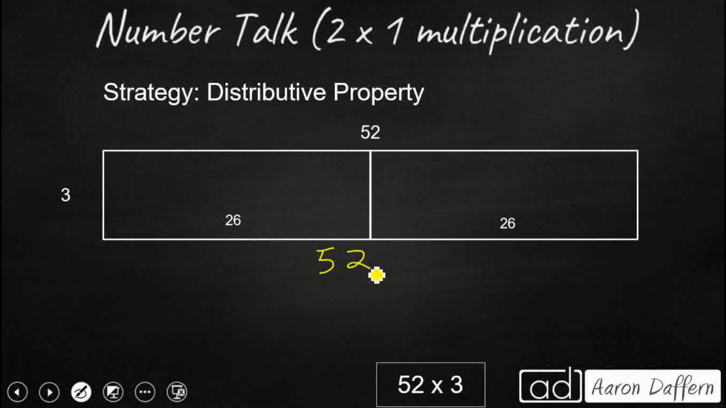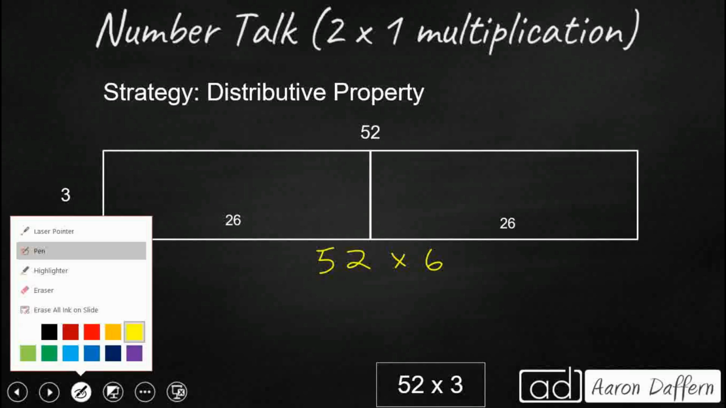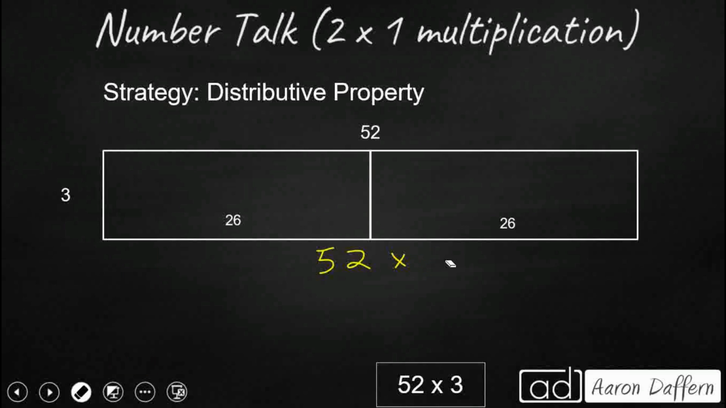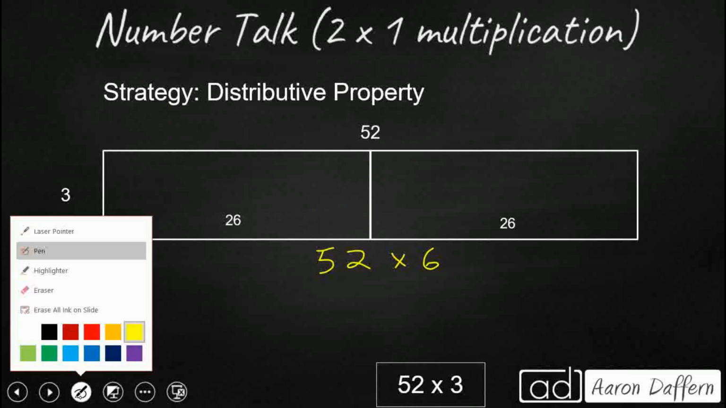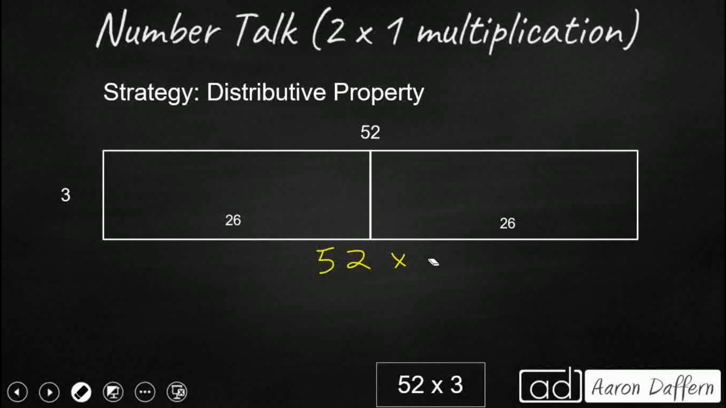We're going to take our 52, and instead of breaking up the 3, we are going to go ahead and break up that 52. Let's see if I can get a 3 on there. That would be helpful. And I'm going to break this 52 up in half. Let's just do 26 and 26. Still the same thing. We're going to distribute this 3 out. We're going to multiply